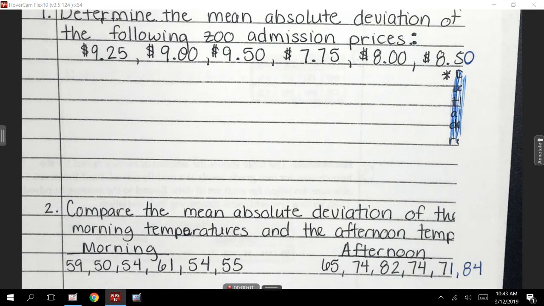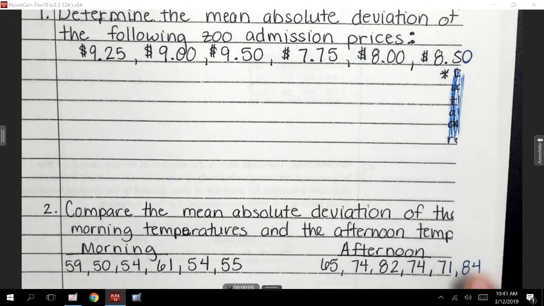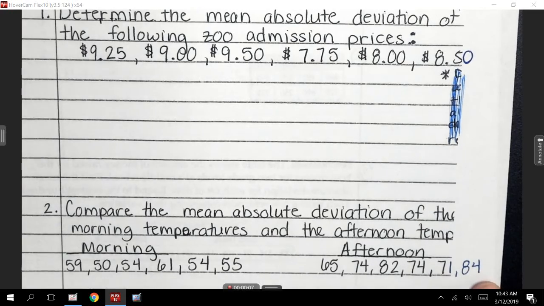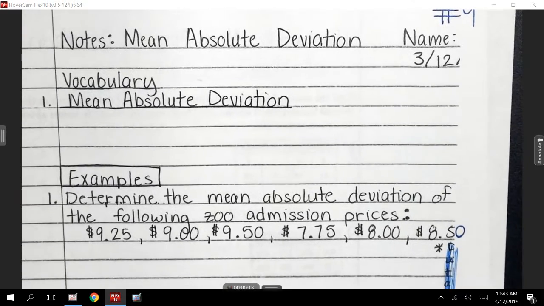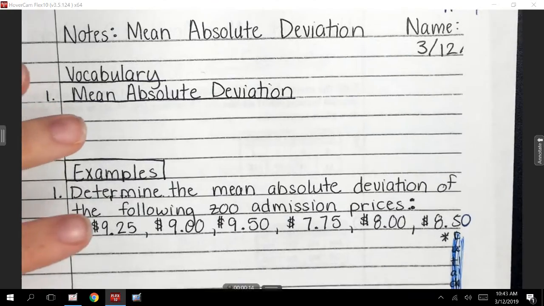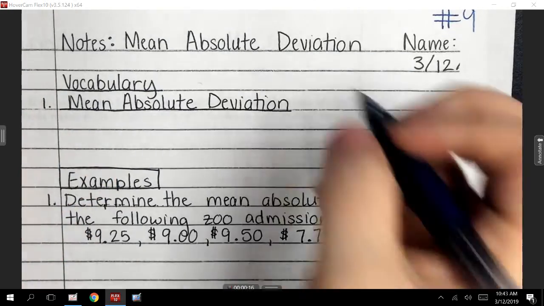Okay. So we fixed where the printer cut the 0 off, and then we added the 1 and the 84 down here. All right, so we're going to go back up to the top and fill in our definition for mean absolute deviation. All right, mean absolute deviation is